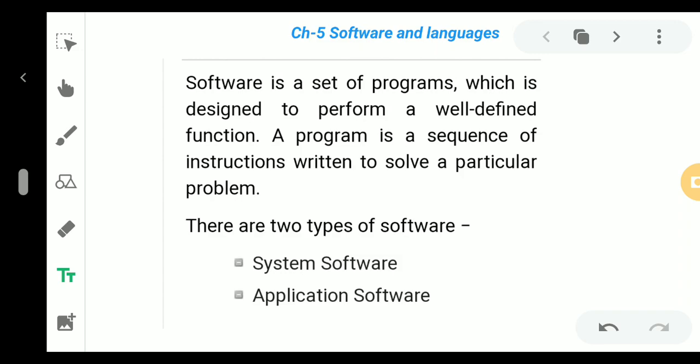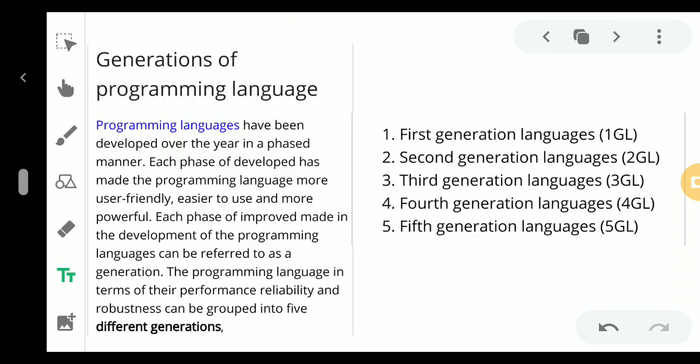And what is a program then? A program is a sequence of instructions written to solve a particular problem. There are two types of software: one is system software, another is application software. We will come to the types of software later on, but right now we will discuss